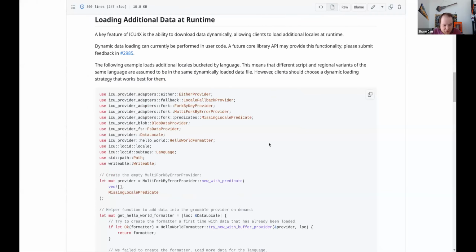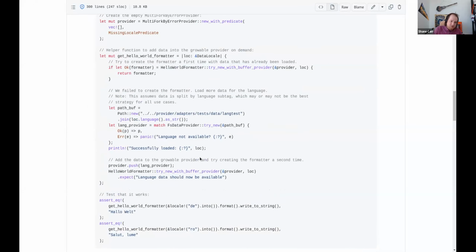Oh, cool. Yeah, there are two questions there, so I'll do those in order. First, you asked about dynamic data loading for digitally disadvantaged languages. Here is a tutorial, and I'll post a link to this as well. It basically shows examples of how to write some code for that.